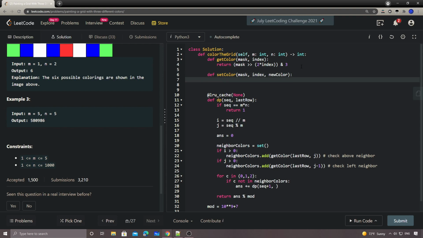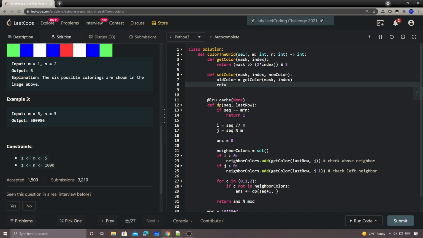For this one, like I said, we need to do some workaround here. First, we need to subtract the old value from this one. So I'm going to call it old color. Luckily, we already defined it, so we get the old color for this index, and then we return the mask XOR